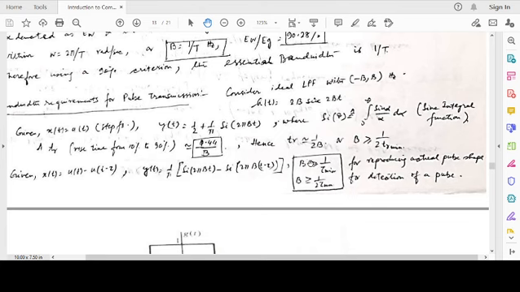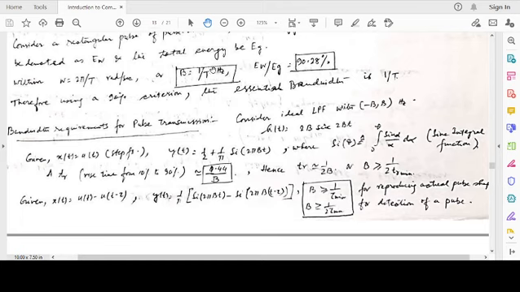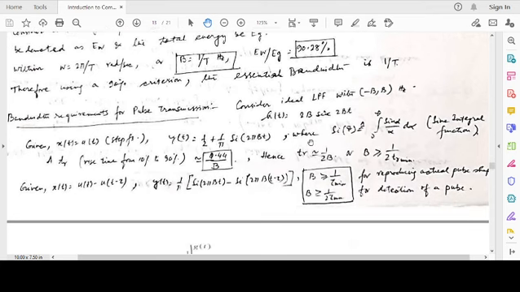Note that this is very similar to what we have, B is 1 by T, where T is my pulse width, which has the energy criteria of at least 90%. Again, these are all for an ideal rectangular pulse and ideal filter. All these things from a practical perspective will be part of your assignment: a practical filter, Butterworth or Chebyshev, a raised cosine pulse. We'll try to understand what these figures look like. The assignment portion we'll discuss a little later.